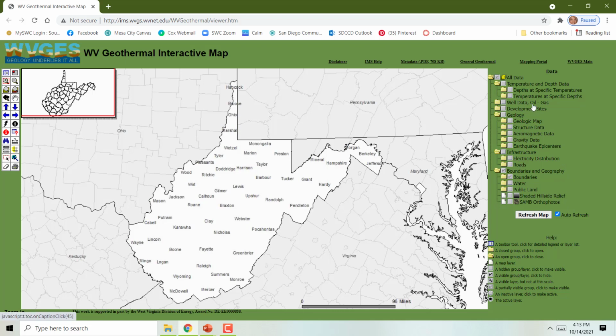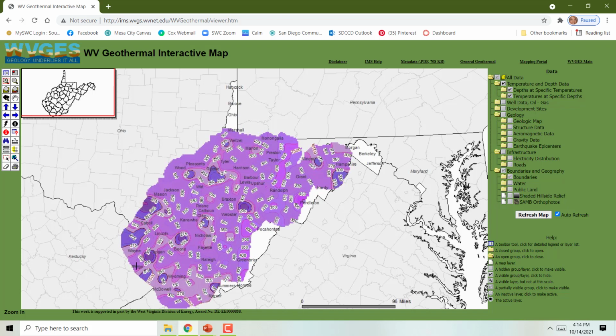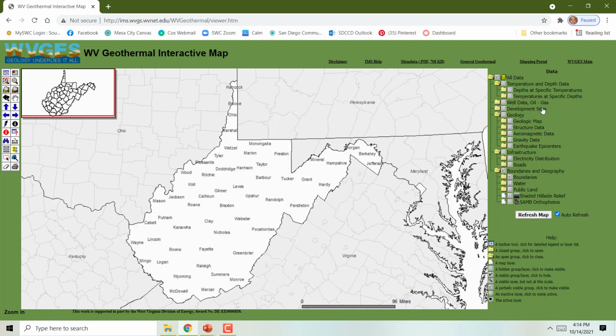And so I just want to show you the temperature and depth data, and so it's going to retrieve that map and load the data, and you can use all of your tools over here to zoom in and out of the data, and we're looking at depths at specific temperatures and temperatures at specific depths, and so you can explore that data set. I'm going to go ahead and turn that off, and I'll just turn on 2 more